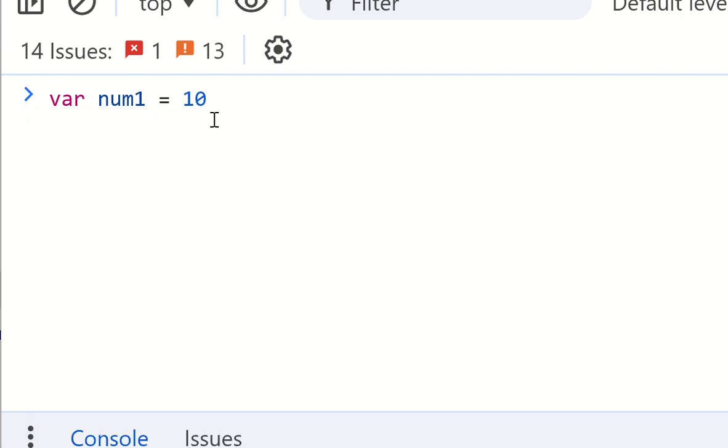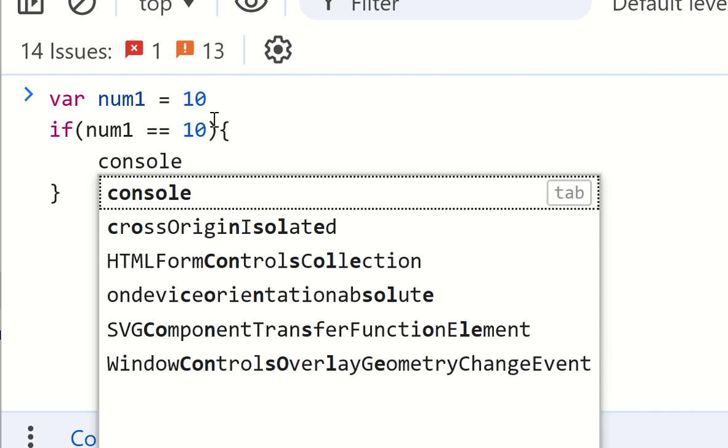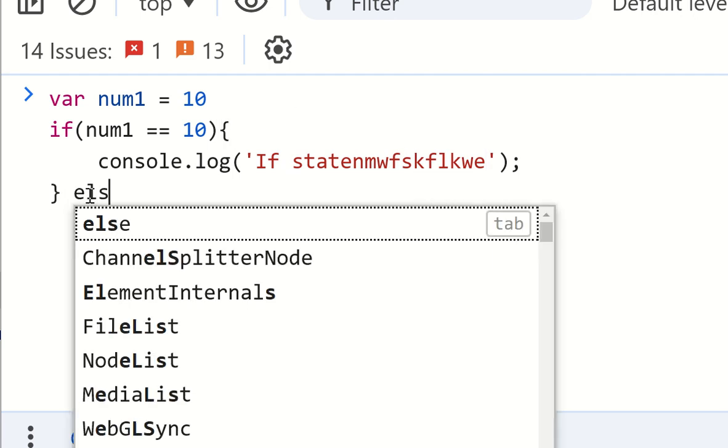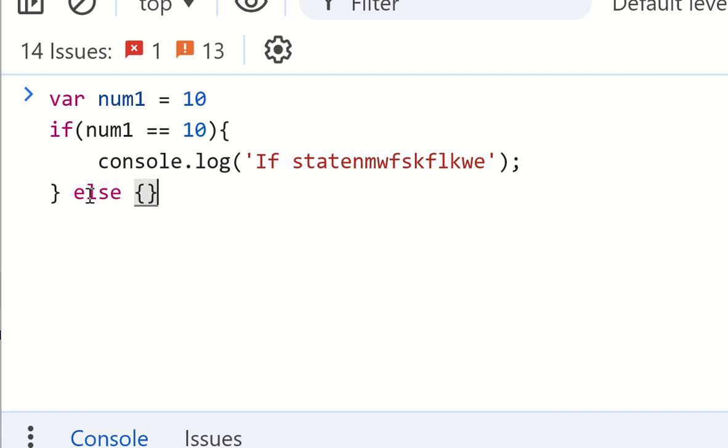So what will happen if number1 is equal to 10? I will talk about how to use the if statement later. Let's first discuss operators and complete the operator part.